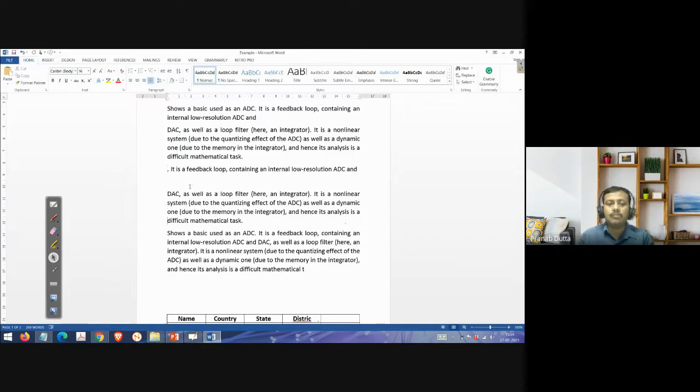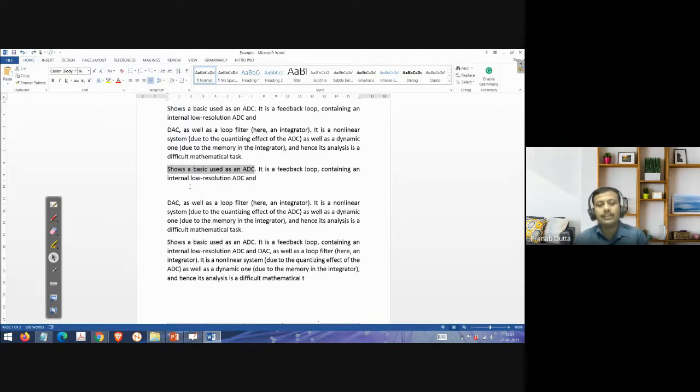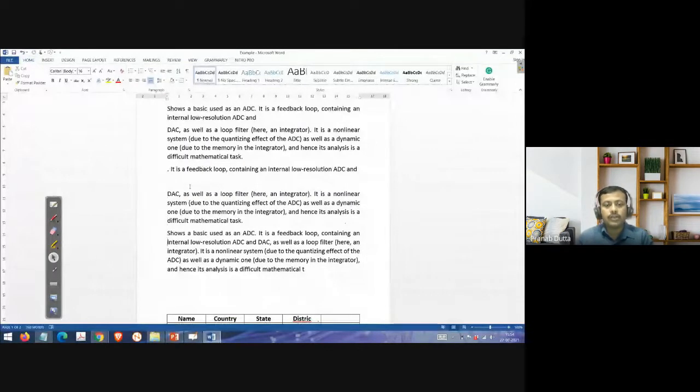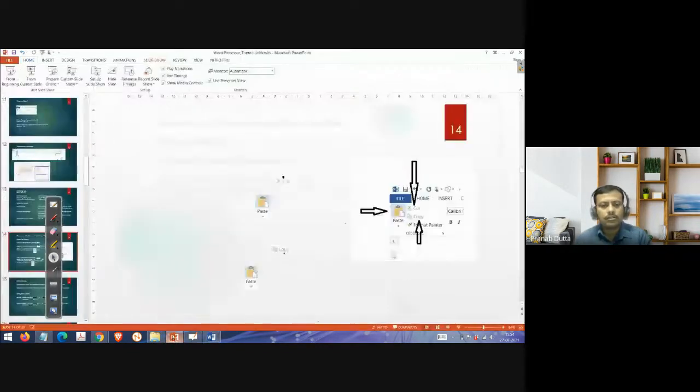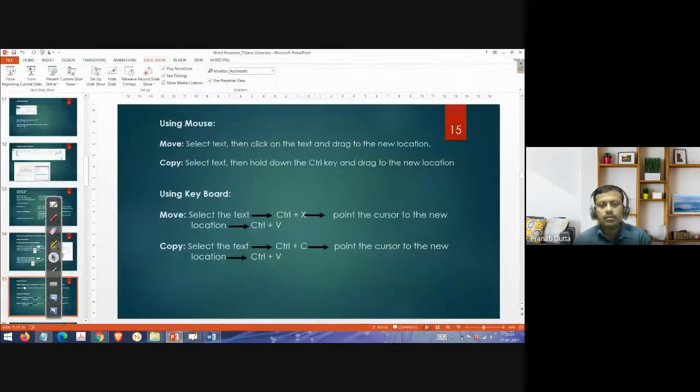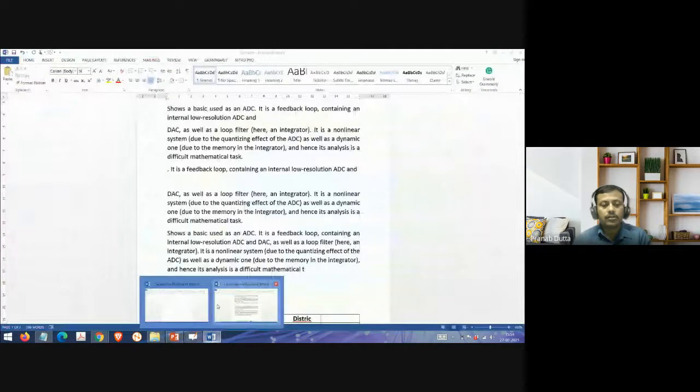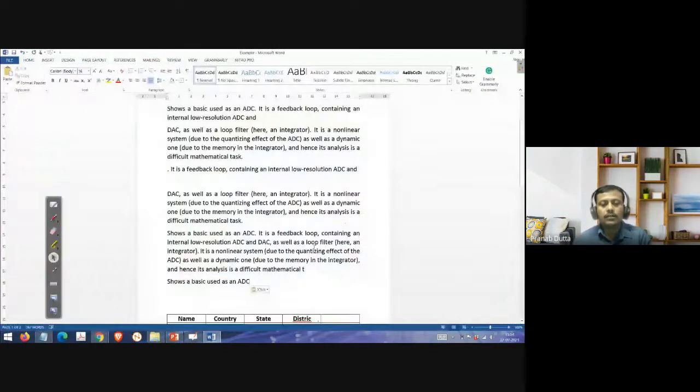Then you move the cursor where you want to paste it, then Control X, sorry, Control V. Okay, with this Control V I paste it.